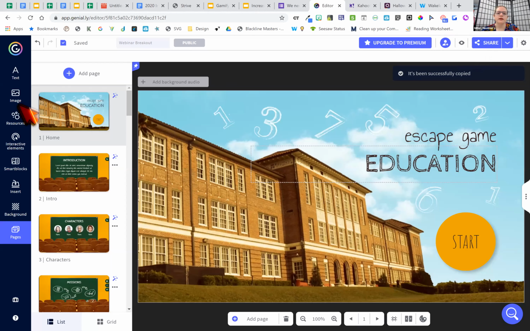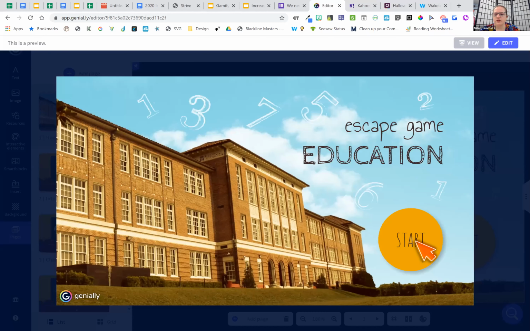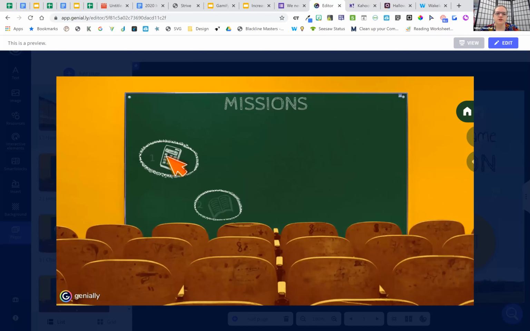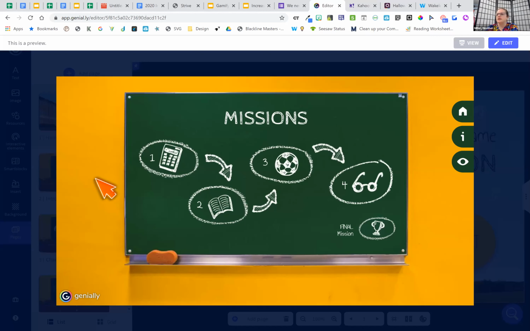So when you open it, it should open in that preview mode. So go ahead and click, and I can't see that you're in there. We're in different spaces. So just go ahead and click start, and let's work through this together. We only have a few more minutes left in class, so we're not going to spend a ton of time, but let's just do the first mission together. So when you click start, you have 4 missions and then your final mission. So let's all click on mission number 1, and then someone tell us the answer.